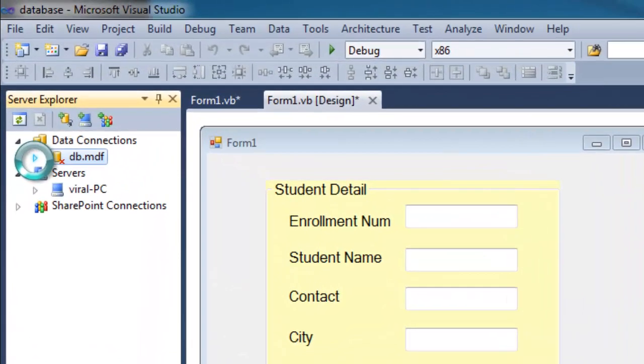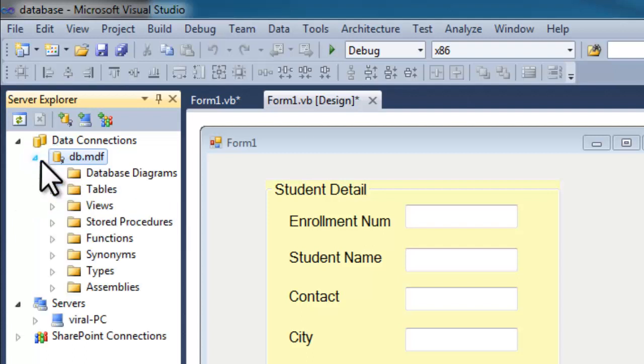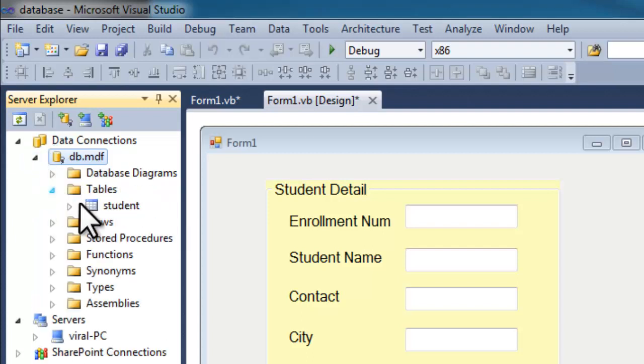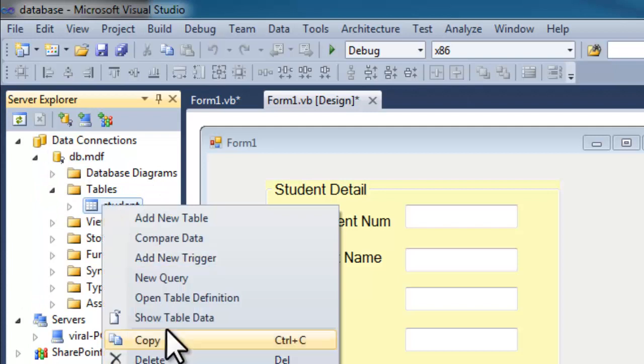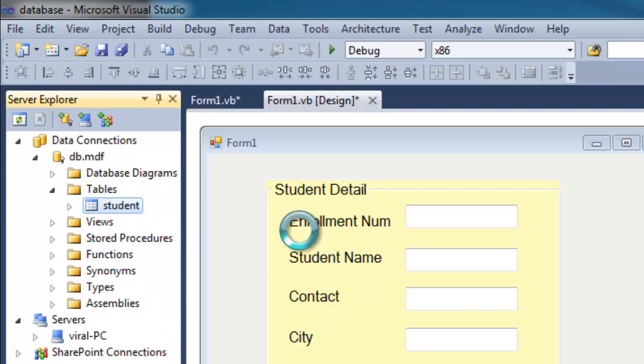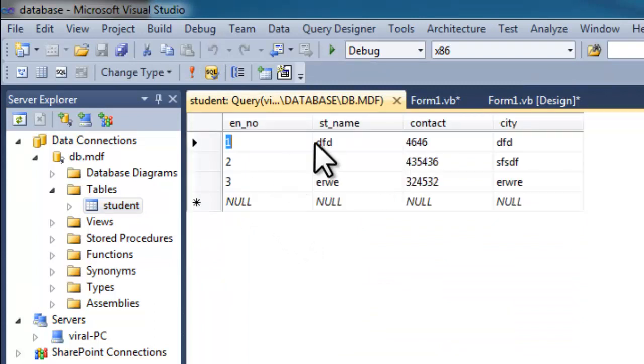Let's check in the database. Our table has 4 columns. You know select query very well. Here is our table data, with 4 columns. I want to fetch data from enrollment number.